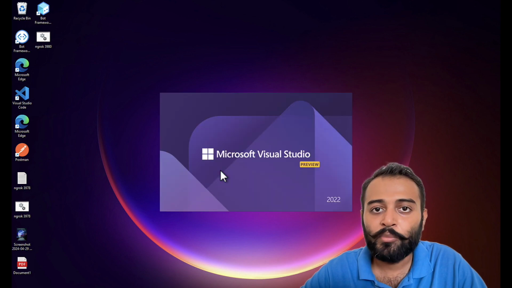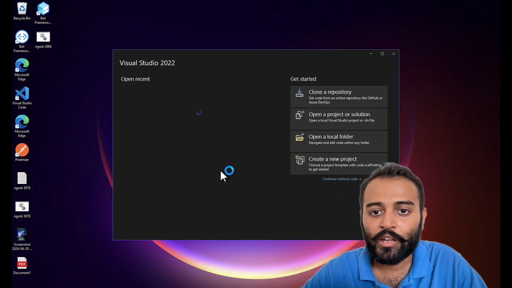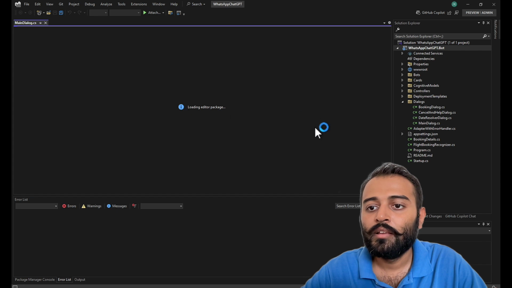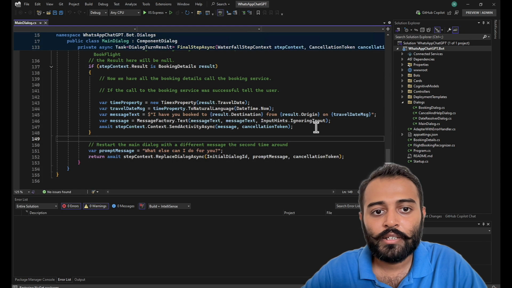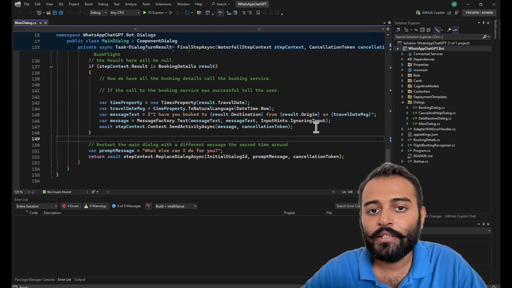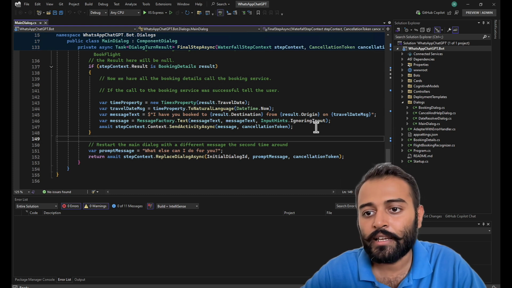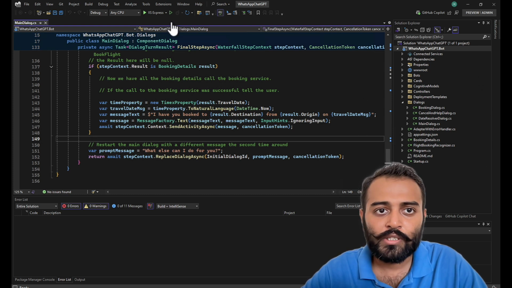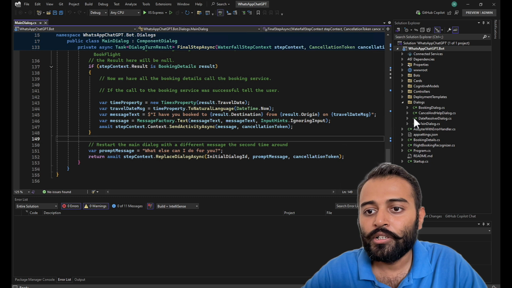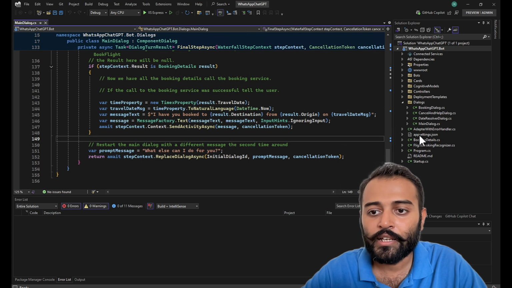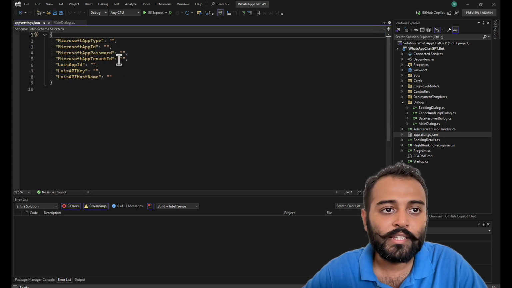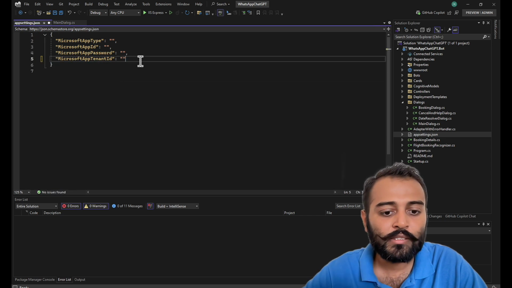First of all, let me open up the project that we have created. This is a core bot template, a flight booking chatbot, and we'll be calling this chatbot through Postman using Directline APIs. First thing first, in order to integrate with the Directline channel, we need to initialize these things over here. First, let me get rid of Louis,